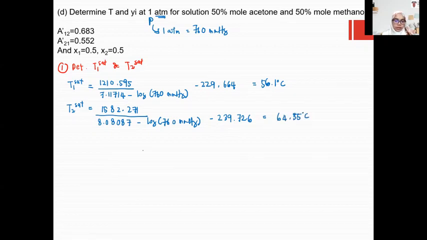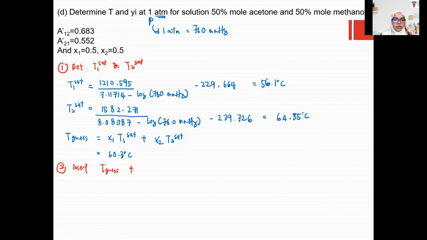64.55 degrees Celsius. So how can we determine the T gas? T gas equals X1 T1 saturation plus X2 T2 saturation, and the T gas is 60.3 degrees Celsius. So what information can you obtain? You can proceed to the second step, to insert the T gas to